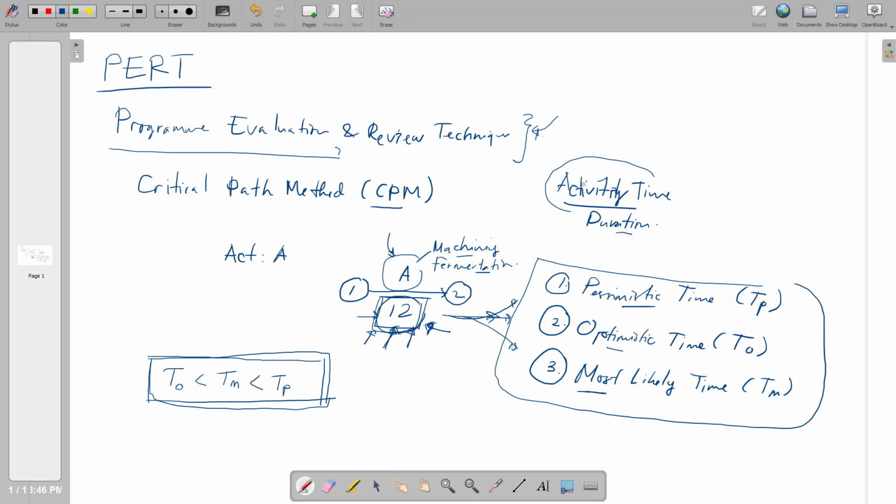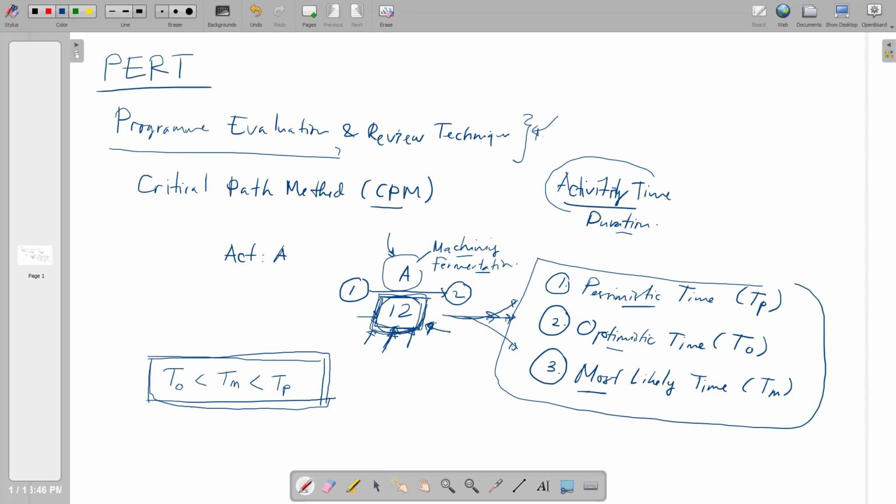Okay, so later on when we want to calculate the duration, like we put it in the network diagram like this, we will put a higher weight, a larger weight, for the most likely time compared to the pessimistic time and the optimistic time, signifying that we are going to calculate the most likely time, having the largest opportunity to be implemented rather than the other two. Okay, for the duration later on, in order for you to calculate the critical path later on,